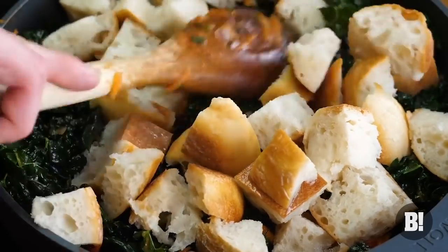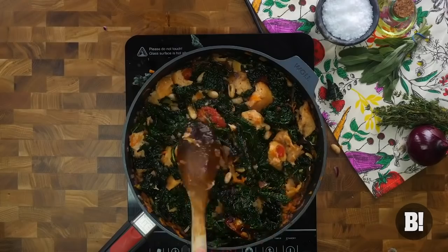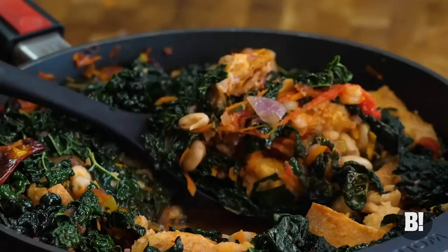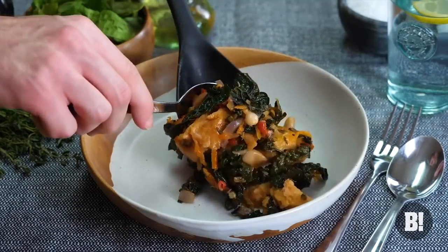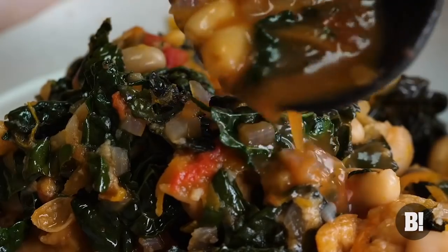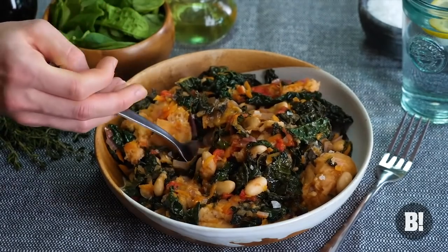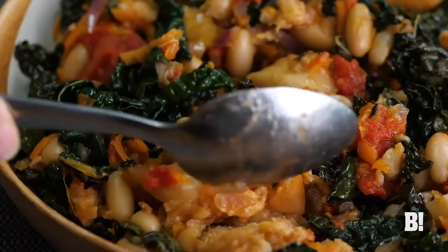Now this is where it really becomes a Ribolita. It's basically like a bread soup. It might sound weird, but trust me, those things are amazing. They soak up all that flavour, it becomes really mushy but in a really nice way, and oh my goodness, look at that. That is a really healthy, hearty, fantastically rustic bowl of soup that hails from Italy,